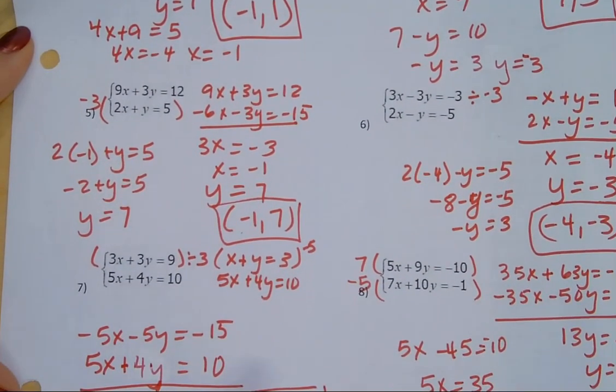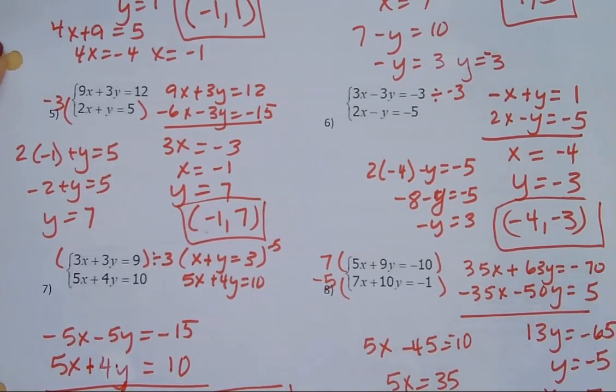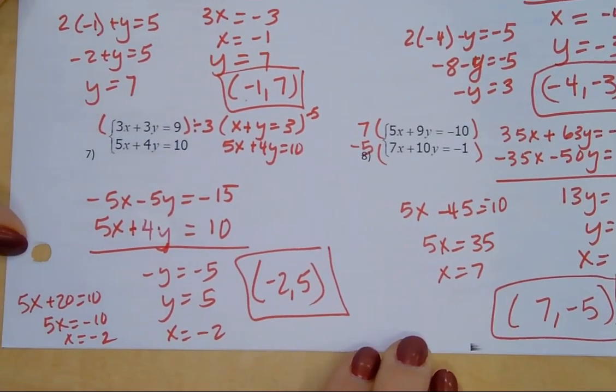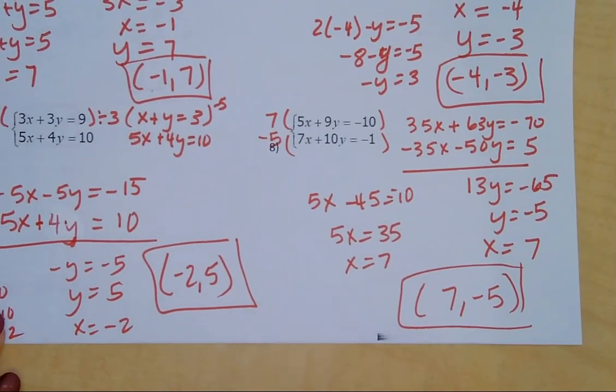For number 5, I ended up with negative 1, 7. And for number 6, I ended up with negative 4, negative 3. Finally, over here, number 7, our answer was negative 2, 5. And on number 8, the answer was 7, negative 5. So feel free to look back and pause the video if you need to see steps that I chose, and you might have done something